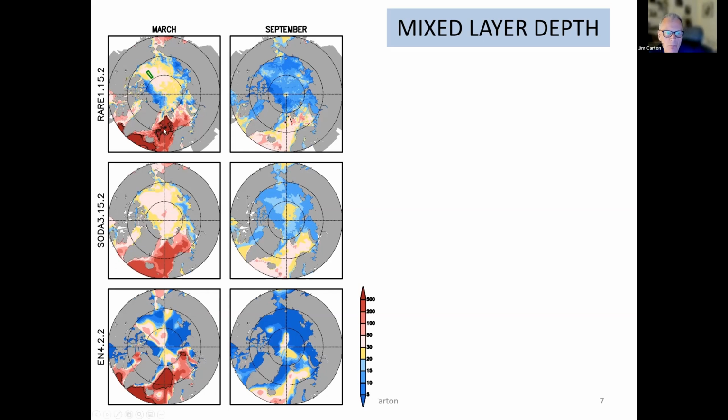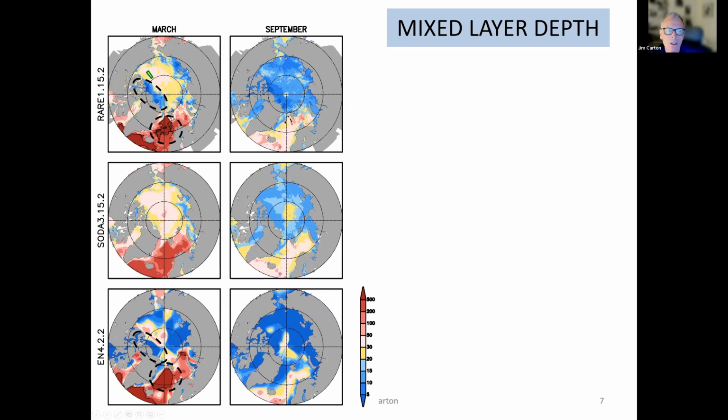And you see, I think many of the features that you expect to see. You see these very deep winter-spring mixed layers in the Greenland gyre, and very shallow mixed layers under the really thickest part of the Arctic sea ice. In winter, the mixed layers get much, much shallower in summer. I assume this is because of the ice melt, making that really shallow